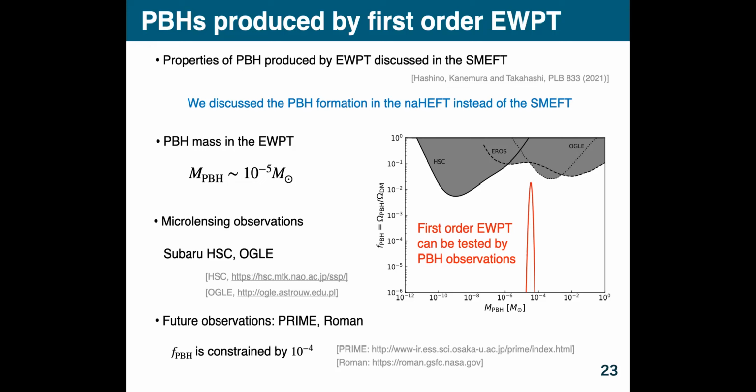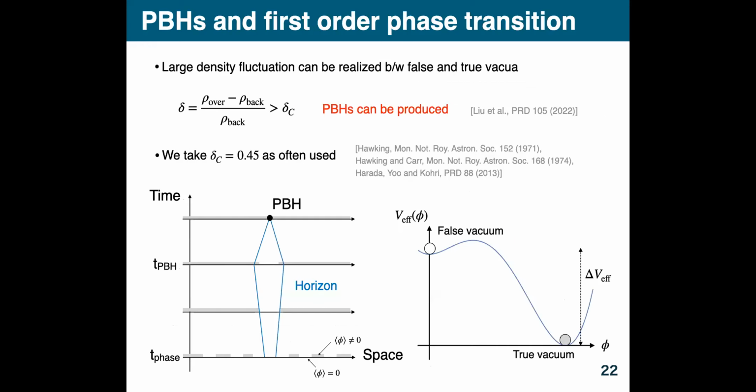Those PBH masses are calculated with the assumption that the electroweak transition successfully produced the baryon asymmetry. This value is almost determined by the Hubble horizon. But there should be some kind of first order transition instead of a crossover. But you said that in the standard model it is just a crossover. Yes, in the standard model. And it seems to me that the primordial black hole itself should be sensitive to some kind of extra scalar physics. Exactly. Yes, exactly. So that is an important point.